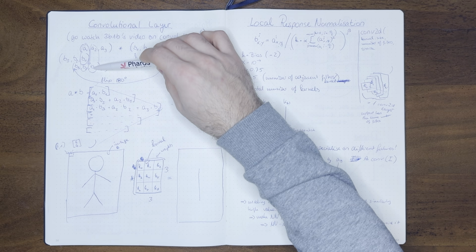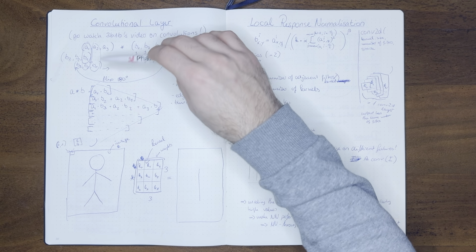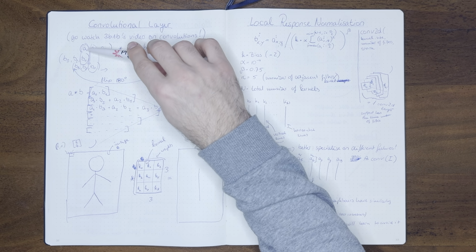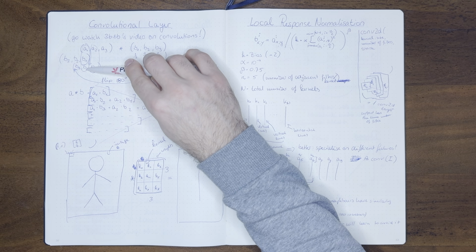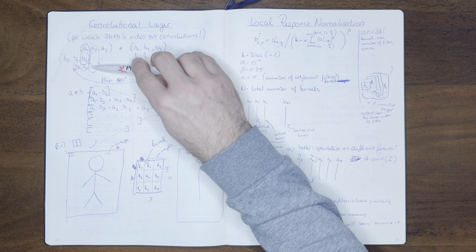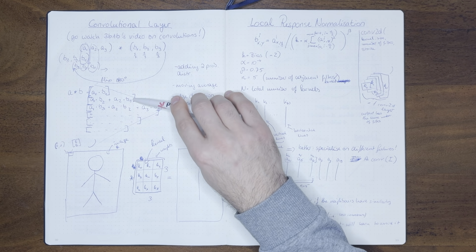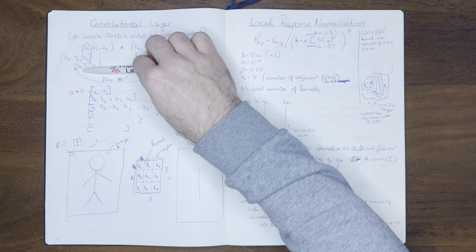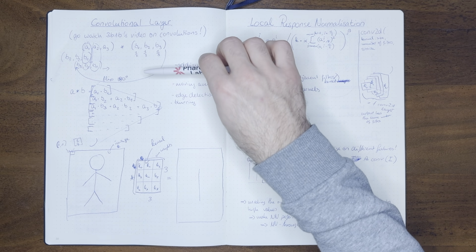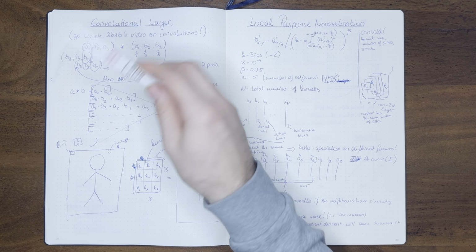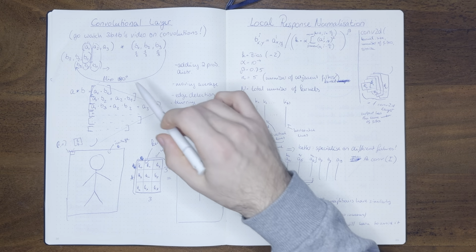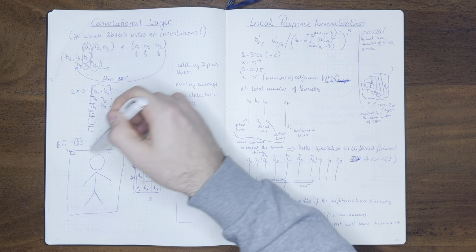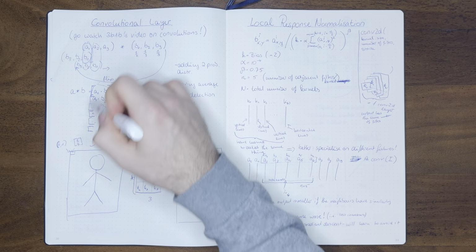Then again, you take the product of these and sum them together. So you have A1 multiplied with B2 plus A2 multiplied with B1, like this. And you keep shifting this second list over to the right until no values overlap. When you do that, you get this triangle shape,